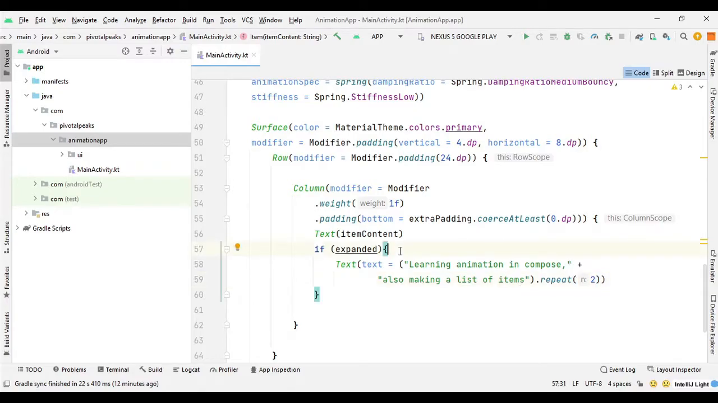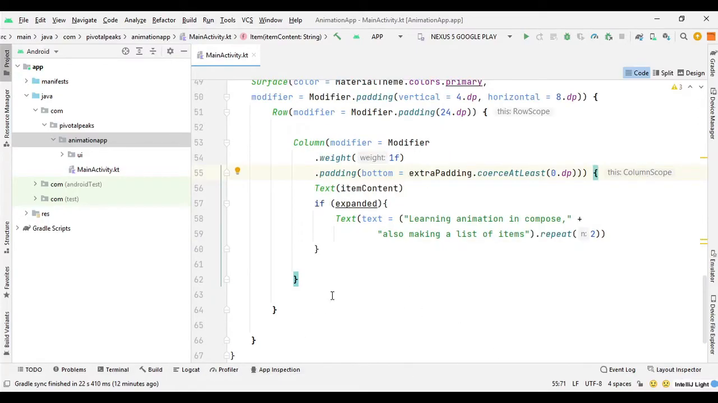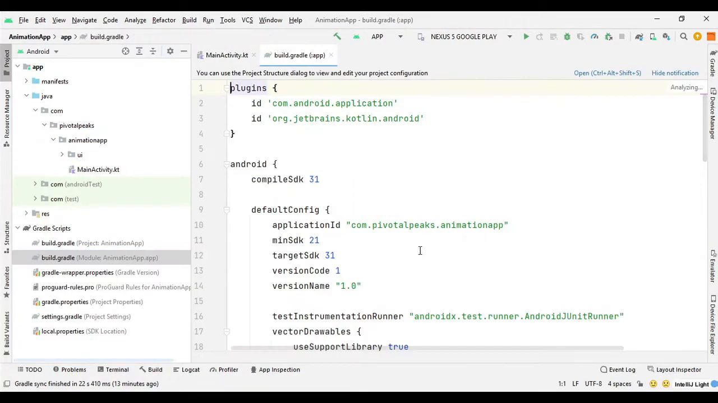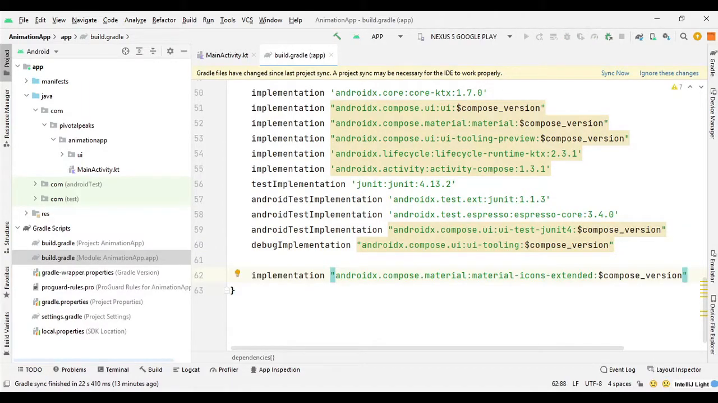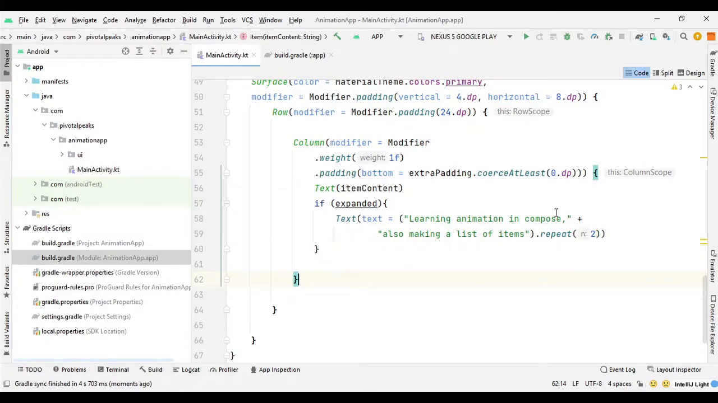So after the item column, we can place the icon button for extending the text. So we can put it here after the column. But first we need to add the dependency for the extended icons. So let's declare the dependency. I am just going to paste the dependency, and then we can sync it. So it's androidx.compose.material material icons extended. So let's sync it now, and let's go back to our main activity, and after column